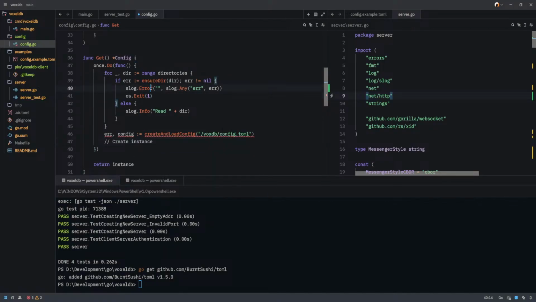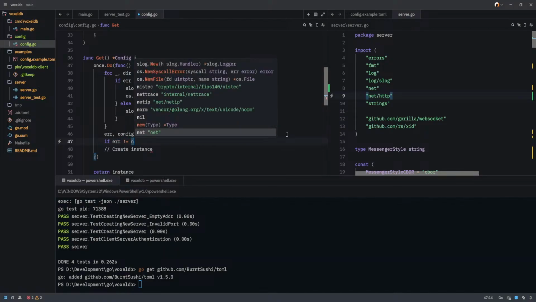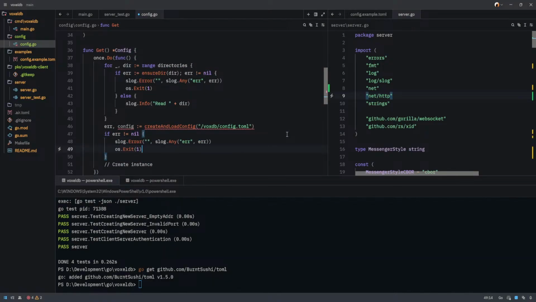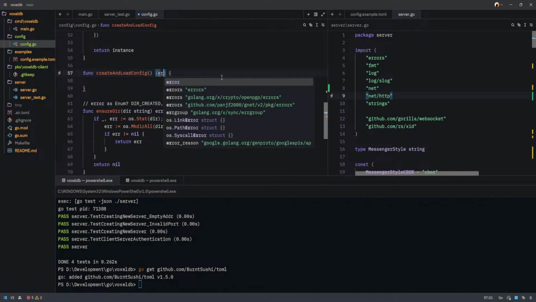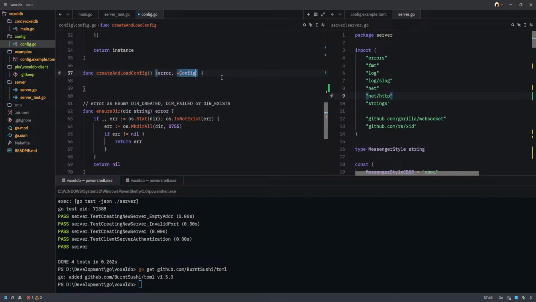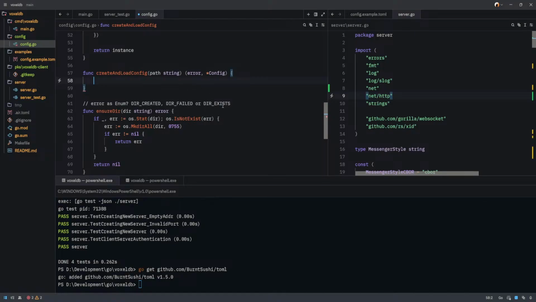And if that fails again, we're going to do this again. So if the error is not nil, then we quit. Else, we can just say instance is config. Right? So that means that this one is going to return an error or a config thing. And then we have here the path for now. So that means we're good for loading it. Meaning we should do something